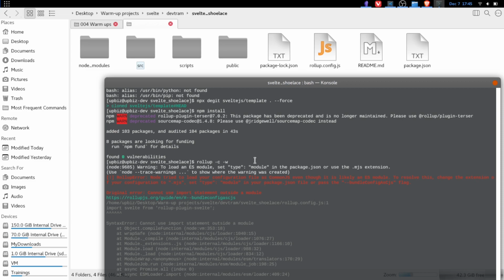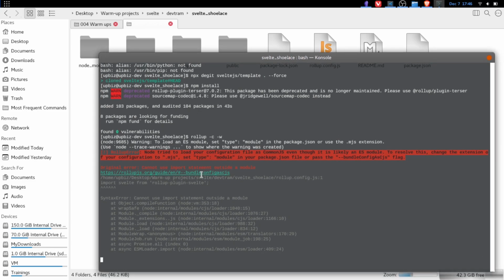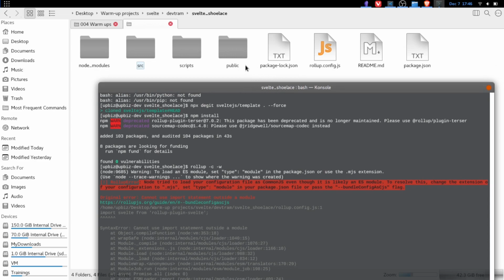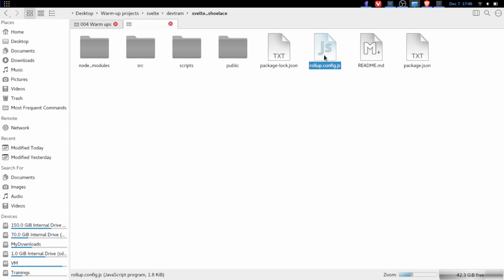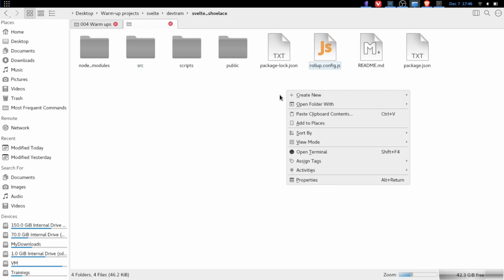and it says module type. So I think I have not installed some packages. Let me see if I am not wrong. Let's open up this